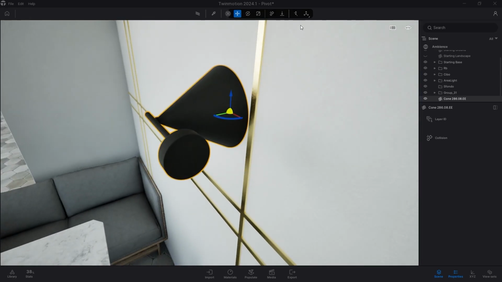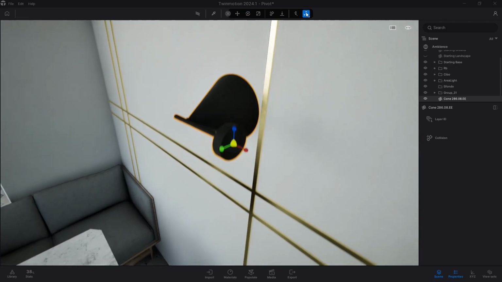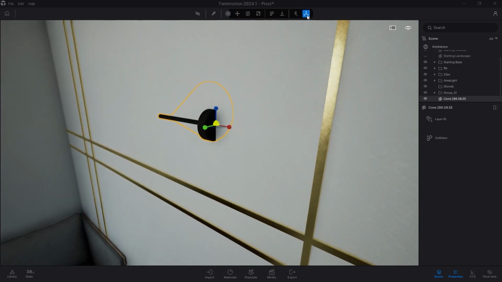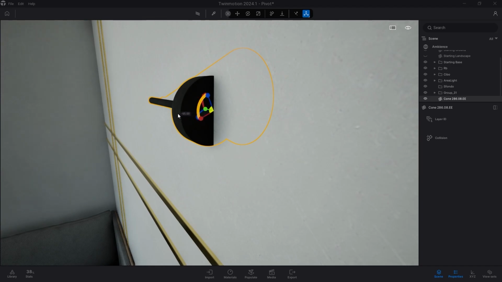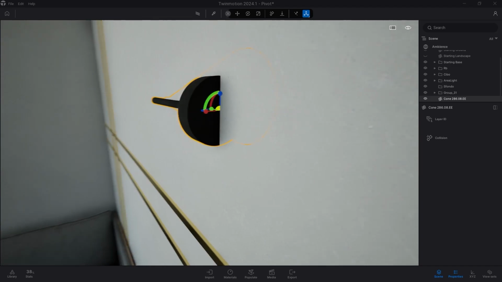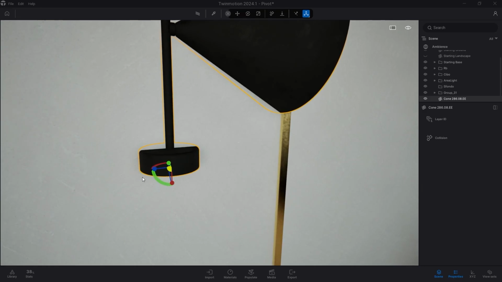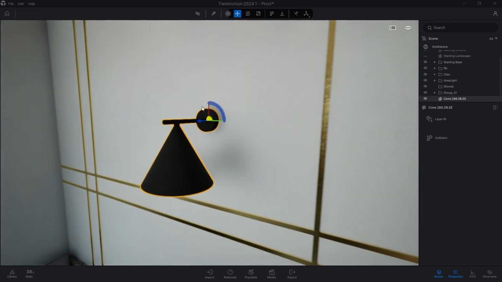Select the object, click the Pivot Edit, Shift on the keyboard plus click on the base of the lamp that will rest on the wall, click the Pivot Edit icon again to confirm. And as you can see, it has been placed, but with an incorrect orientation. To fix this, click the Pivot Edit icon again, and also the adjacent icon, Toggle Local World Axis. The pivot has changed, and now I can rotate it 90 degrees on the three planes until the lamp is correctly oriented on any surface.